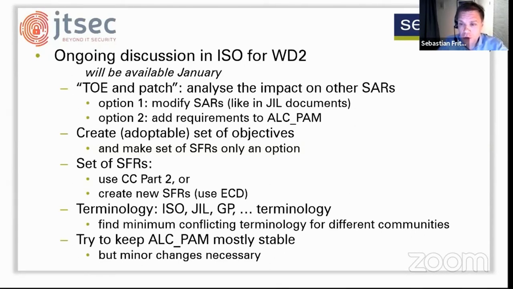It should not only be what we have in ALC PAM from the evaluator's perspective, but we have to focus on the fact that there is not only a TOE, but there will be a patch in the future. Honestly, we cannot evaluate this patch because it was not released, it was not developed, but we have to enhance the scope regarding ADV, regarding guidance evaluation. So what has to be done when we consider there will also be a patch in the future? But that's something under discussion at the moment.